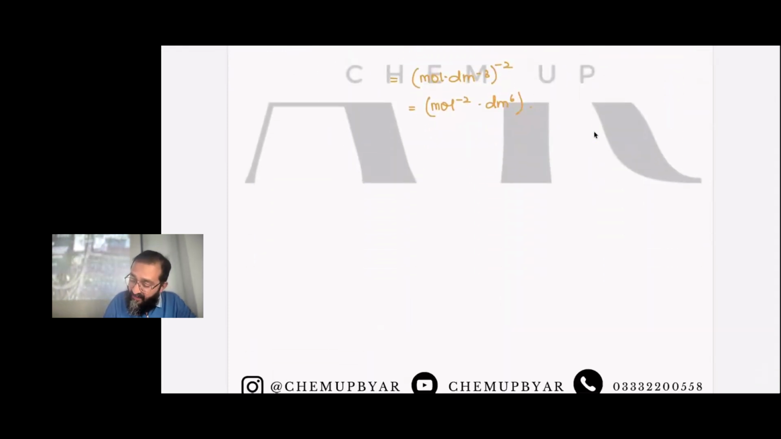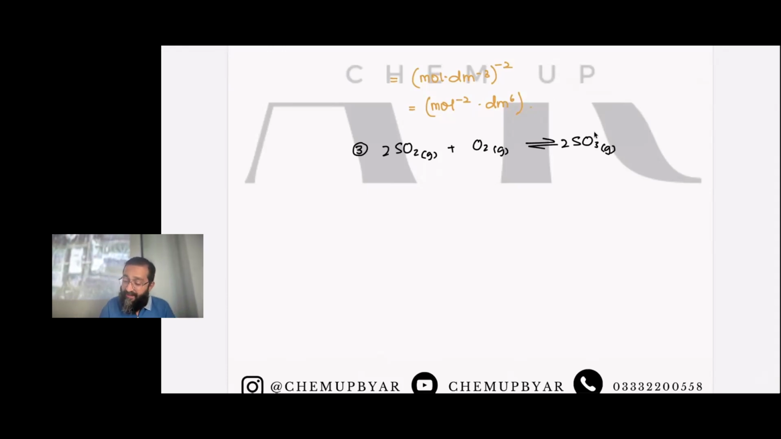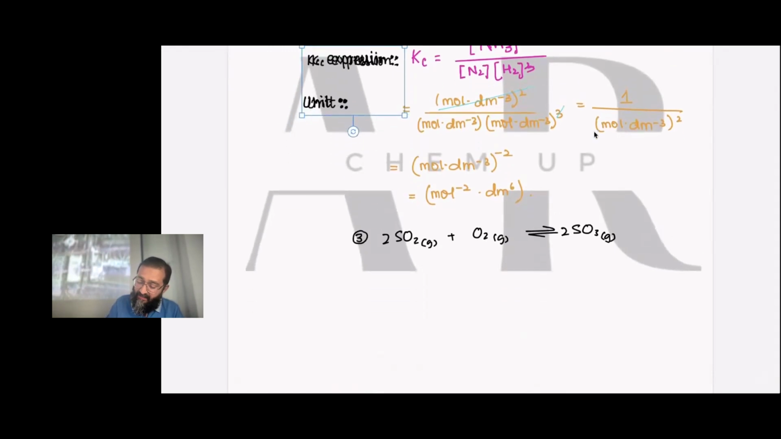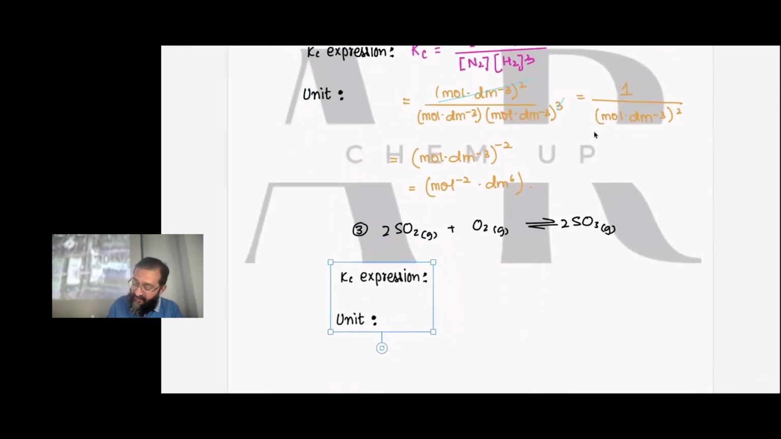Okay, now the third equation. Sulfur dioxide gas reacts with oxygen, forming sulfur trioxide gas. To balance this equation, we need to put 2 and 2 before sulfur dioxide and sulfur trioxide. The equation got balanced. And now, if I write the Kc expression,